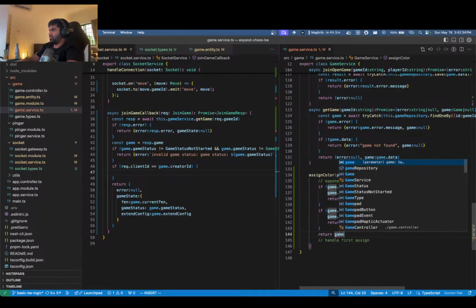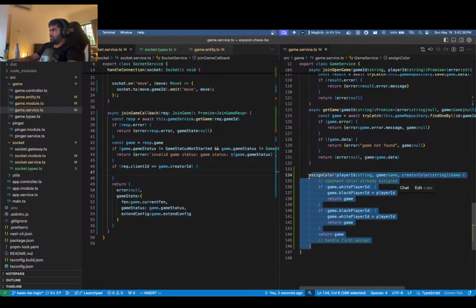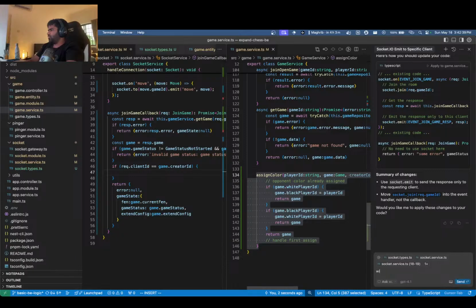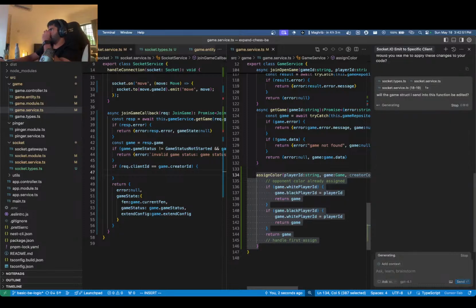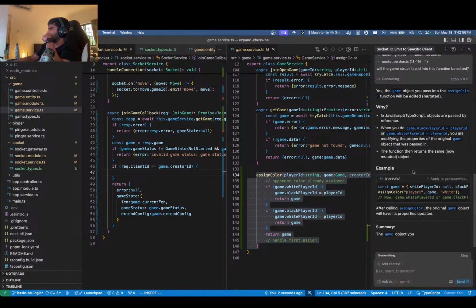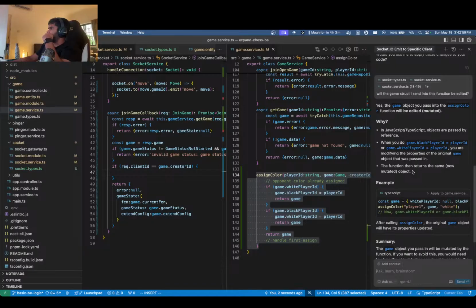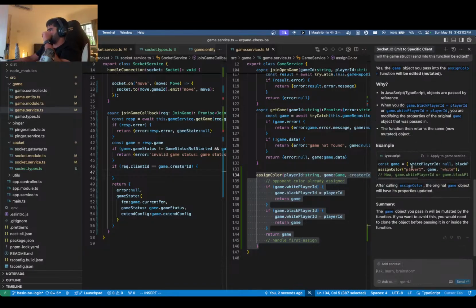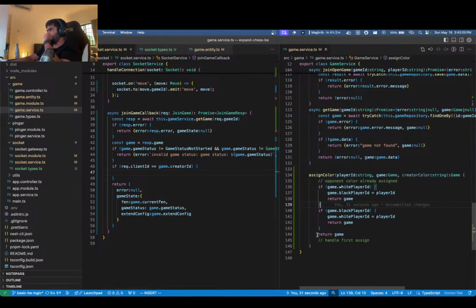Return game. I want to ask if the game struct I send into this function will be edited? Objects are passed by reference. Okay, cool. Okay, so now I don't need this. I can access it from the game, right? So now